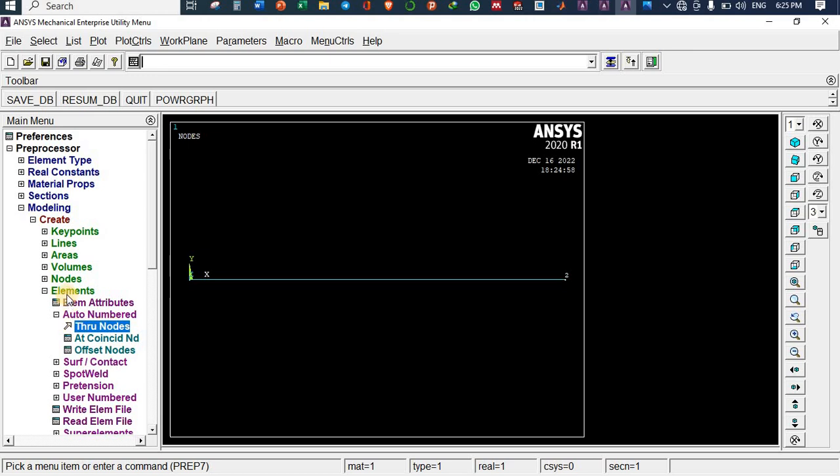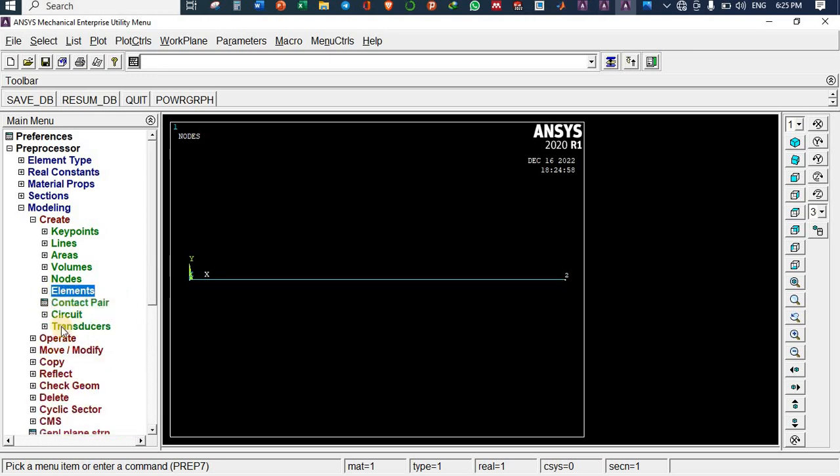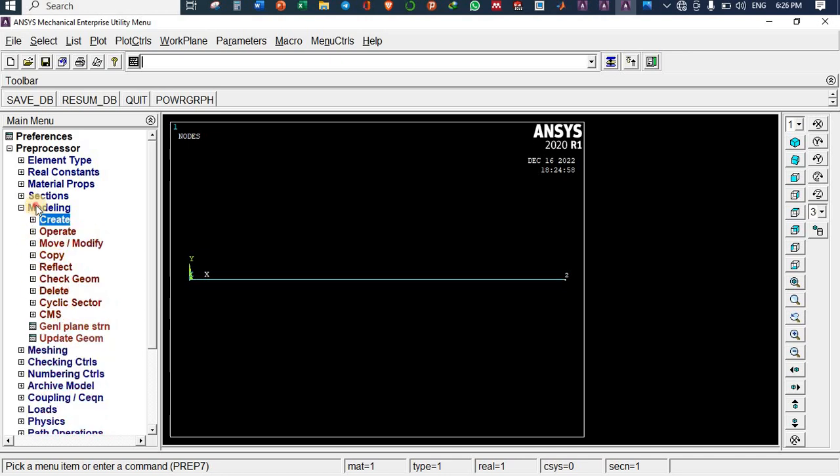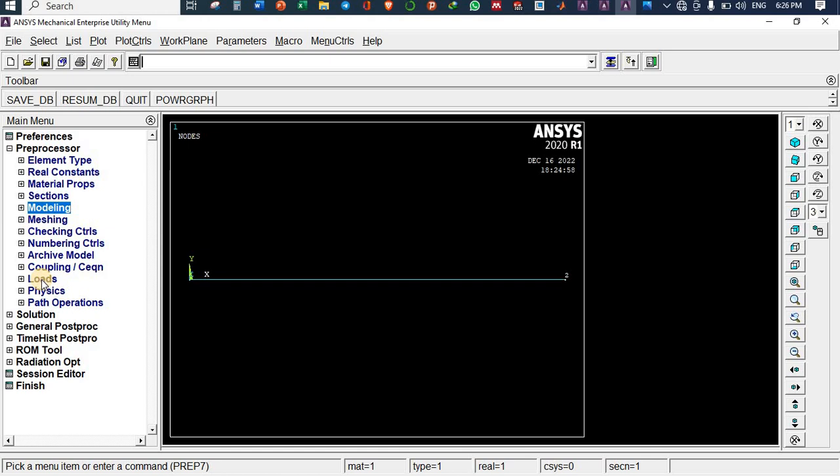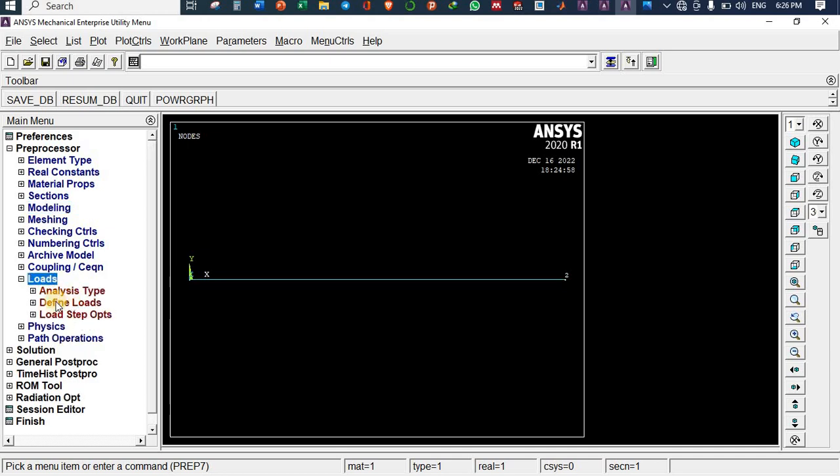Now we finished for the element creation. Now the next step is to go to loss, because we finished for the sections. Then modeling. Now let me go to loss. Then from loss, define load. Then apply,